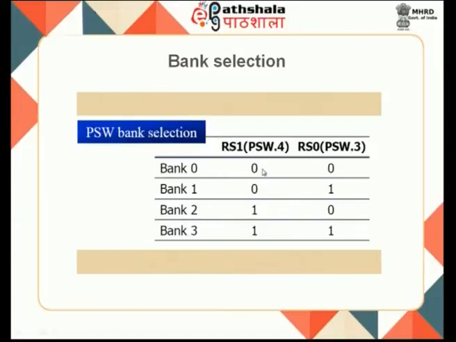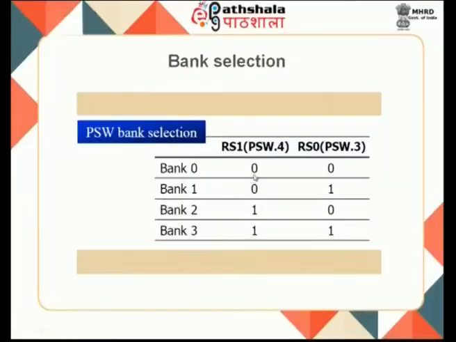So, I will say bank 0 if it is 00 over there, and then 01, 10 and 11 indicate where I will be storing my registers. So, when the program runs on my controller, if I write, move the data from R0 to R1, then if these 2 bits are 00, my system will look at addresses 00, 01, 02, 03, that way. So, by looking at the program status word, the system identifies where it has to refer to registers R0 or R1 or R2, where they are placed. Based on that, it will go and read and update the data over there.